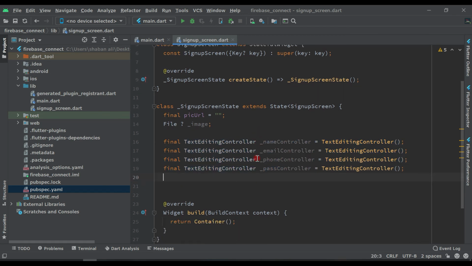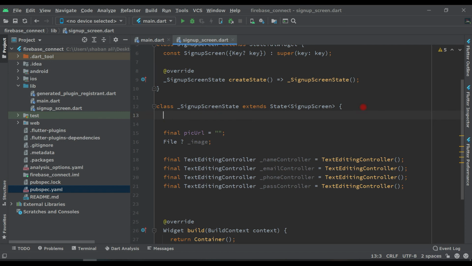And we will use form in this project to connect our Firebase. So to create a form, I mean email address, phone number, details of user, we have to create one form. So to use a form we need a variable, it will be key.